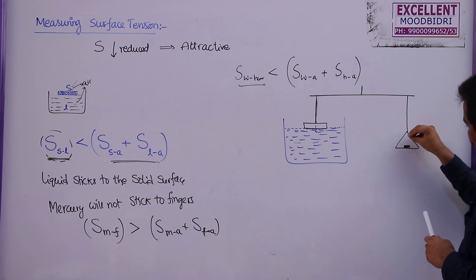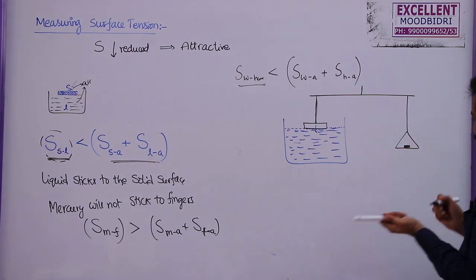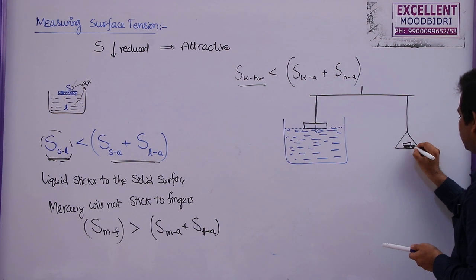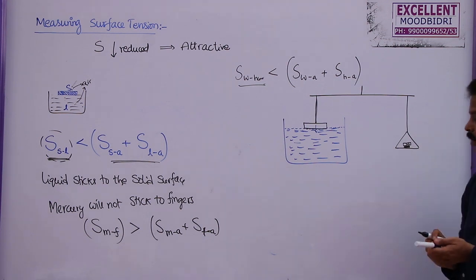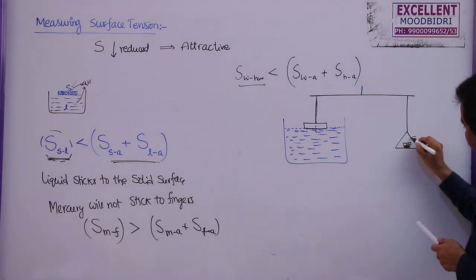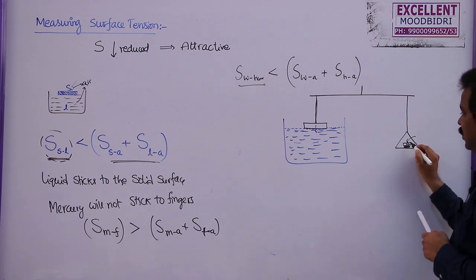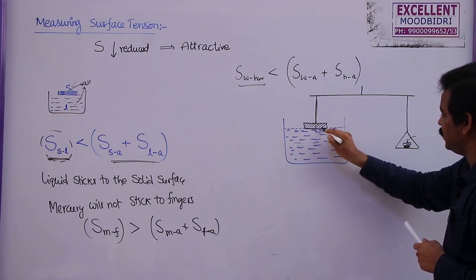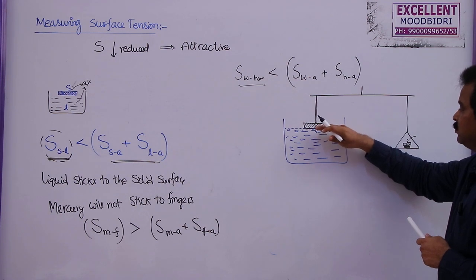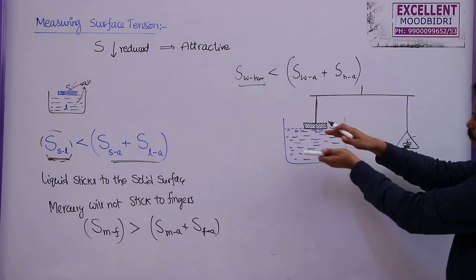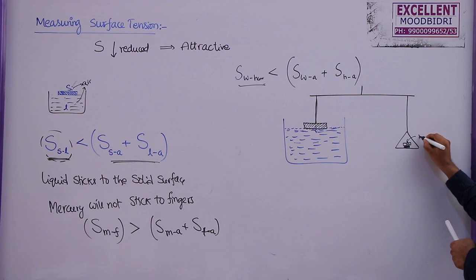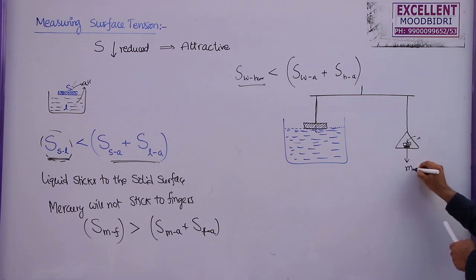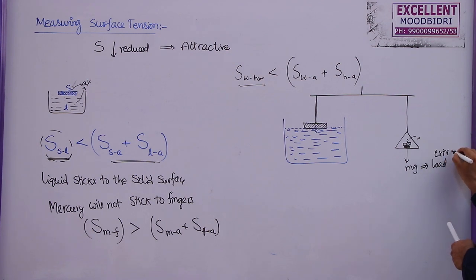That's why we have to add some more weight here. The extra weight that is added, let us say m grams. When it is added slowly, at a particular load the glass slab will come out of the surface of the liquid. It slowly comes out, so a small gap will be found between these two. So by measuring this extra load added,